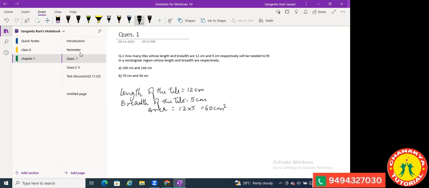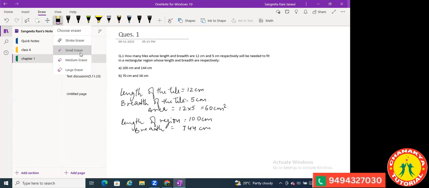Now, how many tiles whose length and breadth are 12 and 5 centimeters respectively will be needed to fit in a rectangular region whose length and breadth are given? Now, the area of the rectangular region will be length times breadth. The length of the region is given, 100 centimeters, and the breadth is 144 centimeters. Ma'am, the area of the rectangular region is 14,400. Yes, okay, 14,400